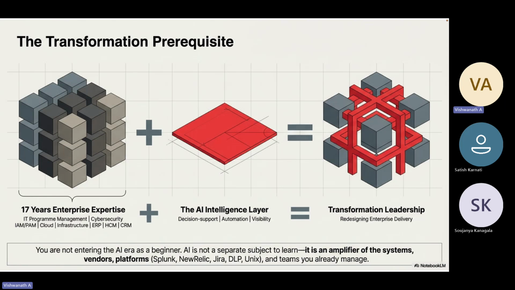So now what we have to do is take your experience, your enterprise expertise, whatever you've been doing for the last 17 plus years, and add that to the layer known as the artificial intelligence layer. That layer will add, and then what you are going to get is the position of each and every cube in the Rubik's, and that algorithm you can predict and put out into the public as a transformed leader. And then when you are speaking to another leader, people will start treating you as a leader.